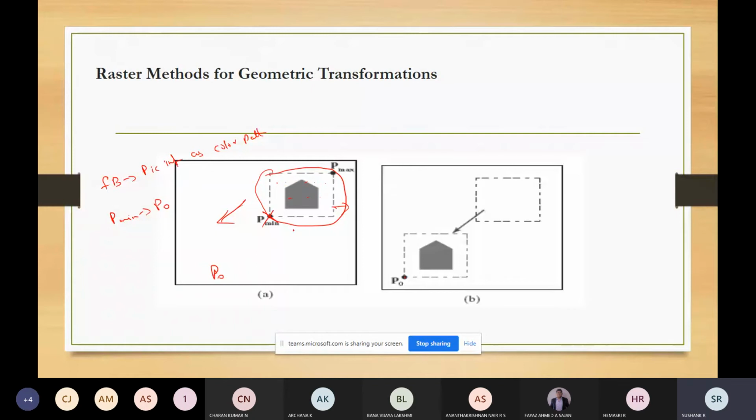By rearranging them, you can rearrange the pixels into a rotated form. Inside this pixel array, if you rearrange the elements, you can rotate that object.